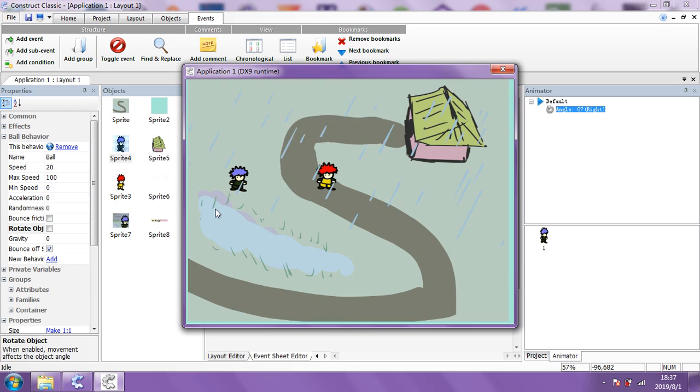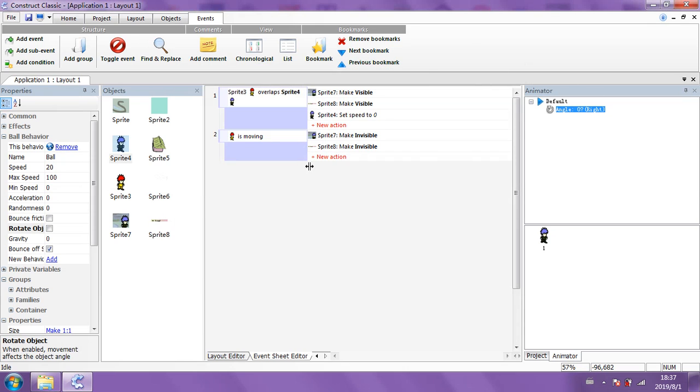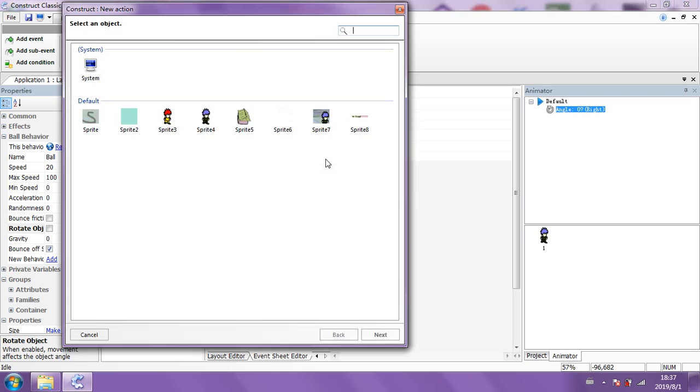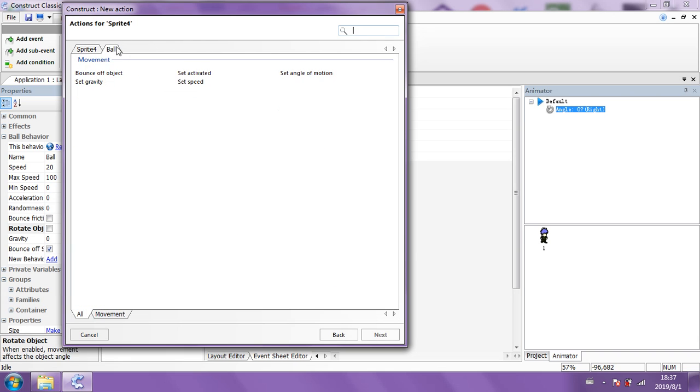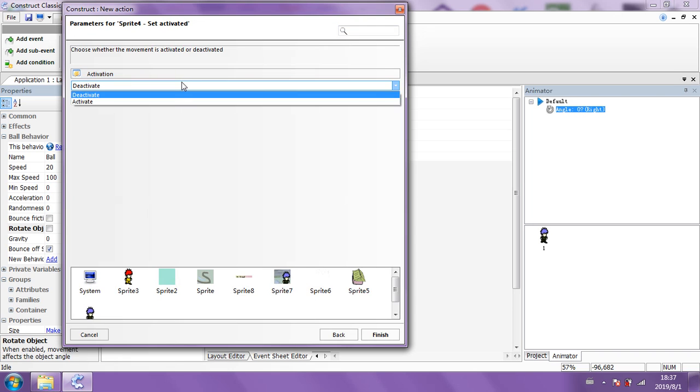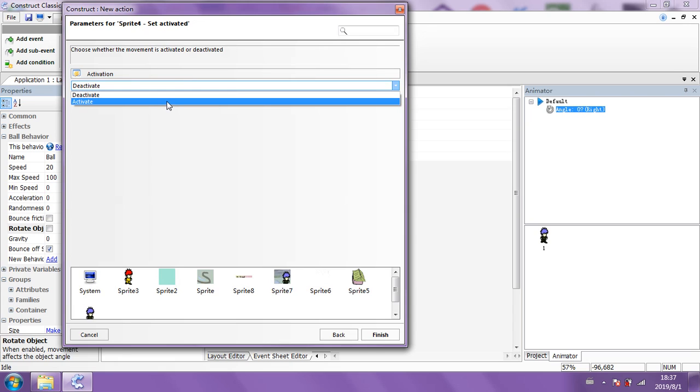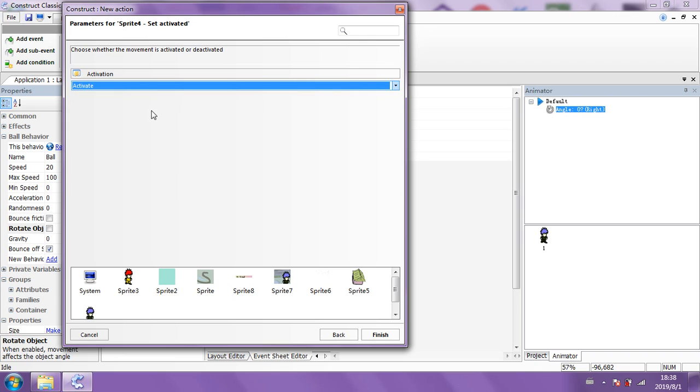But now we want it so that he starts moving again when I'm not walking into him. So let's try that again. So moving away, set speed to... I like this. It's quite funny. Set speed to. So okay, when I'm moving, go there. What's going to happen? This guy is going to go to the ball action. Set speed. Oh, set activated. That makes sense. Activated or deactivated, that makes sense, doesn't it? Okay, we'll set it to activated then. That's what we should have done.